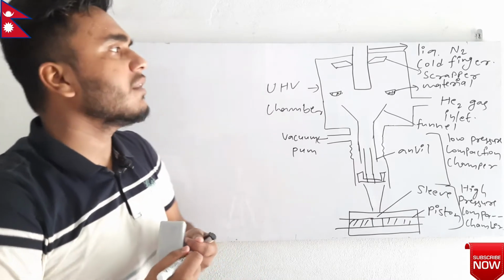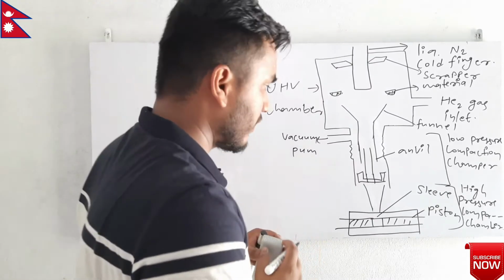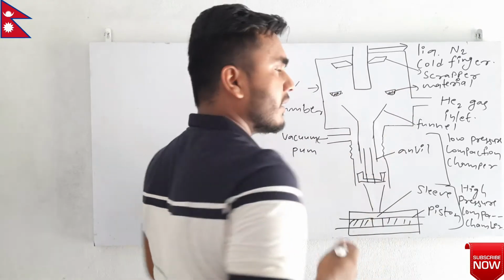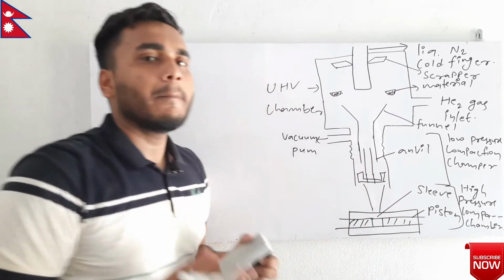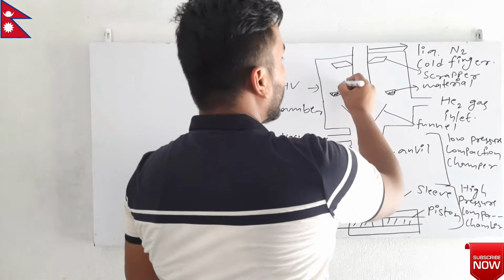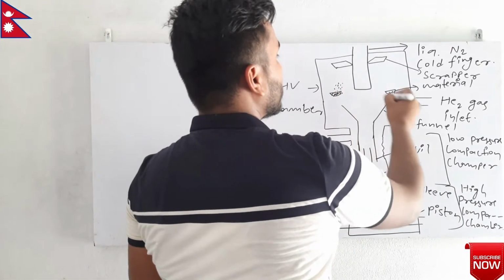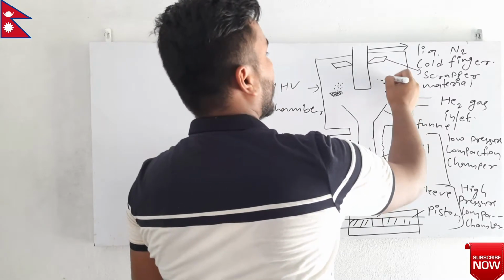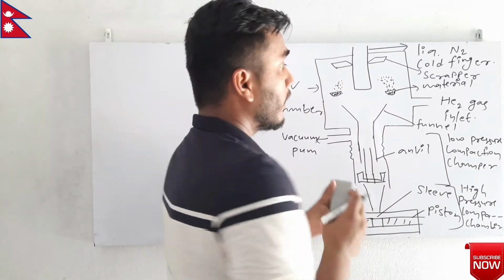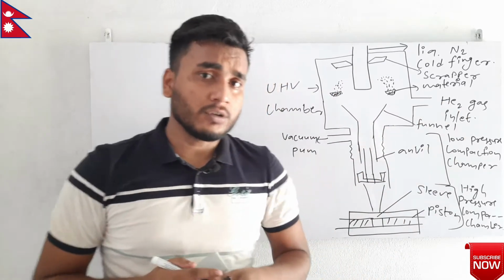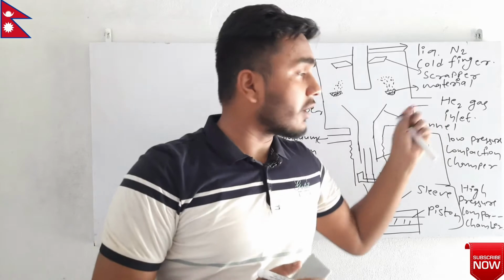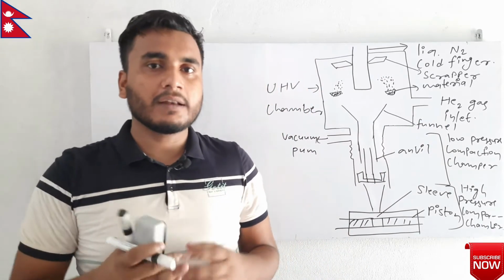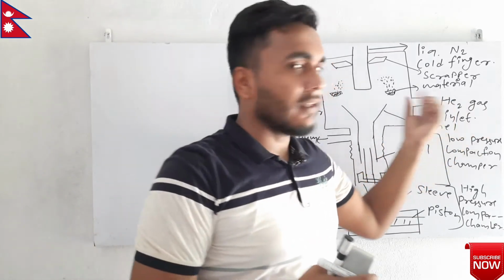Now what actually happens in this process is that here there are the materials. These materials are heated above their melting point, and when they are heated they start to evaporate and form vapors of those materials. Now here helium gas is used. Why is a noble gas or inert gas used? Because inert gas does not react even at higher temperature. That's why we use inert gas in this case.